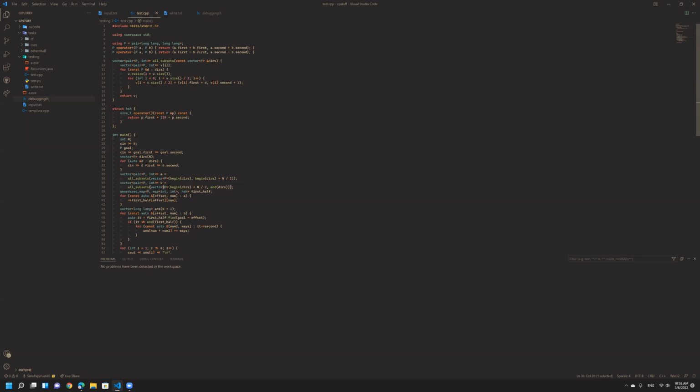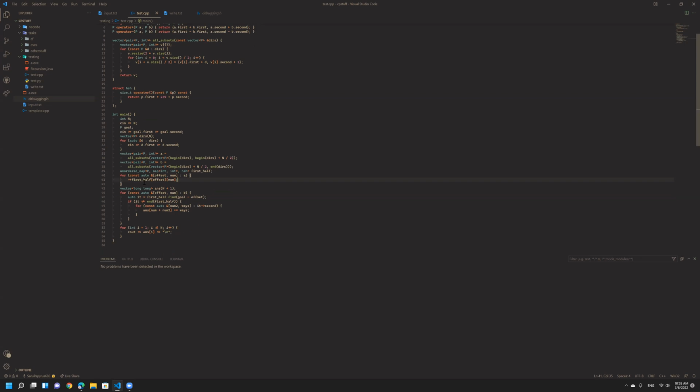So as you can see, this code calls all subsets on one half of the vector, and then it calls it on the later half. And it stores them in A and B respectively. And then it makes A into a map, like I said earlier. And then this code just iterates through all of B and finds the corresponding points and sizes in the